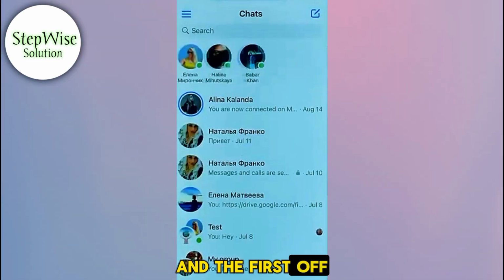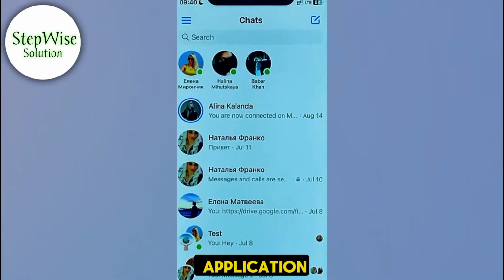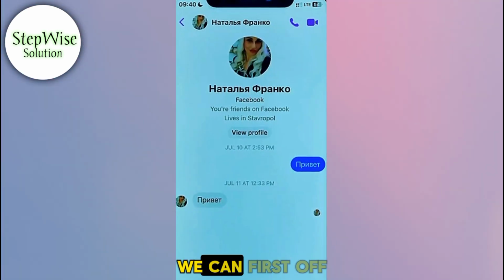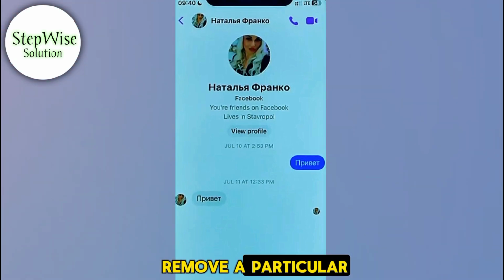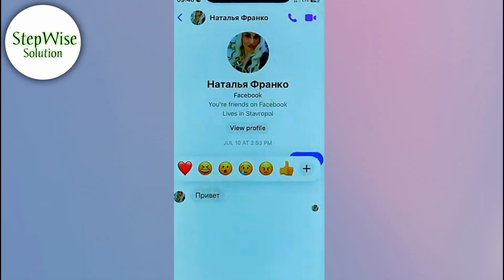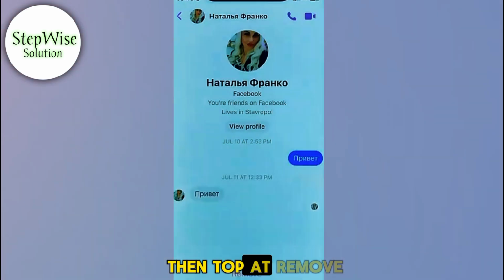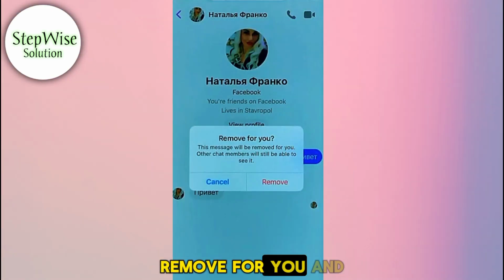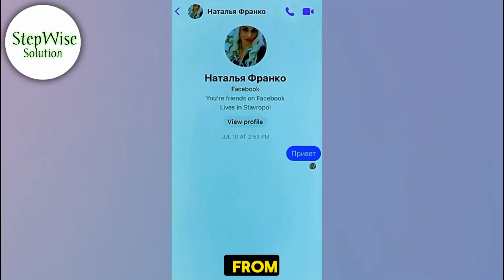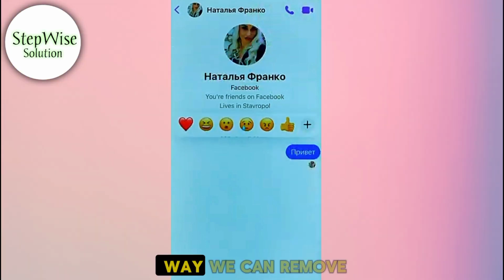First off, open up the Facebook Messenger application. And then if we get into some conversation, we can first remove a particular message. If we would like to remove a message, we just need to long press on it, tap More, and then tap Remove. Remove for you, and then remove again. That's how we can easily remove a message from our recipient,